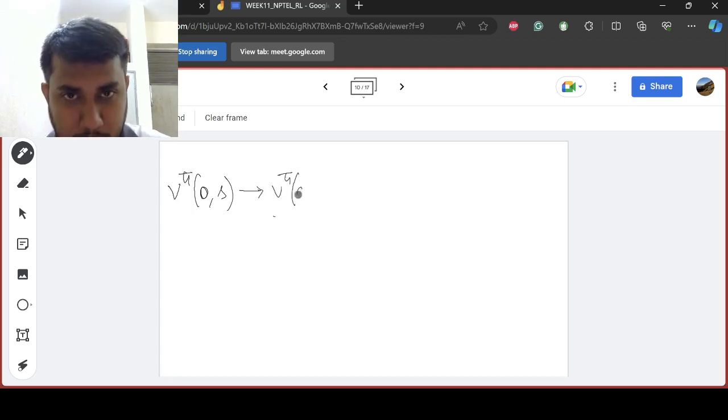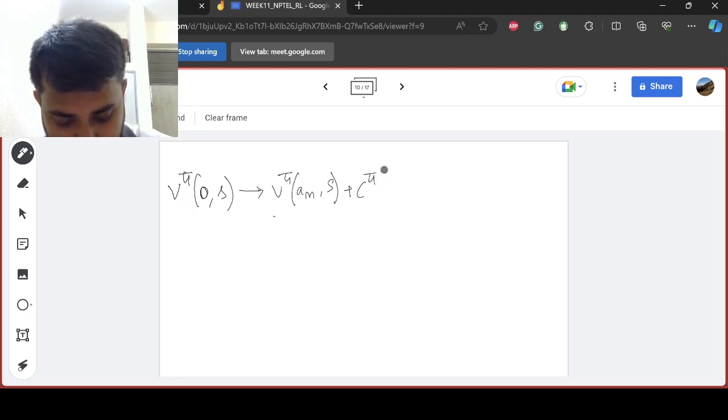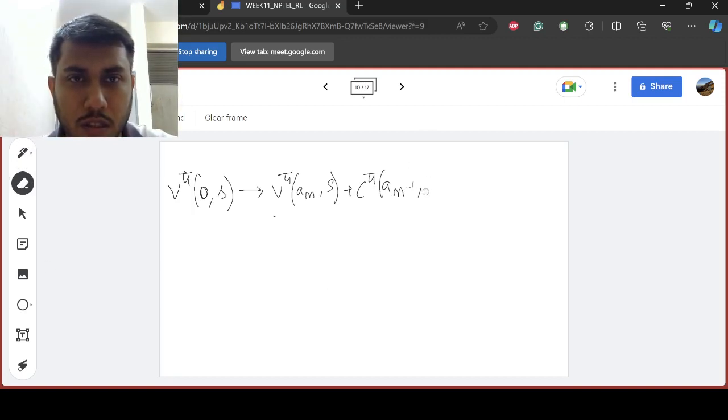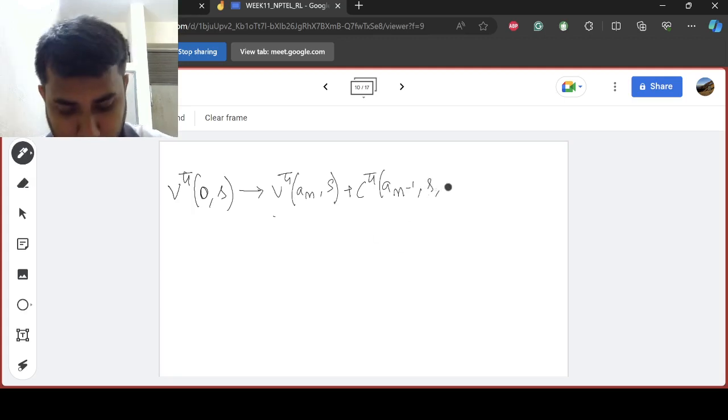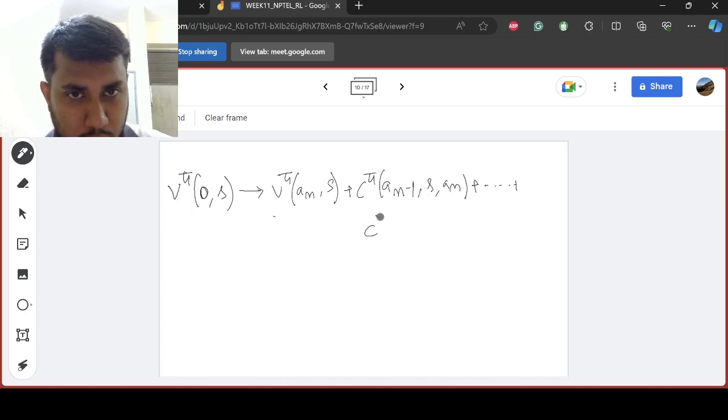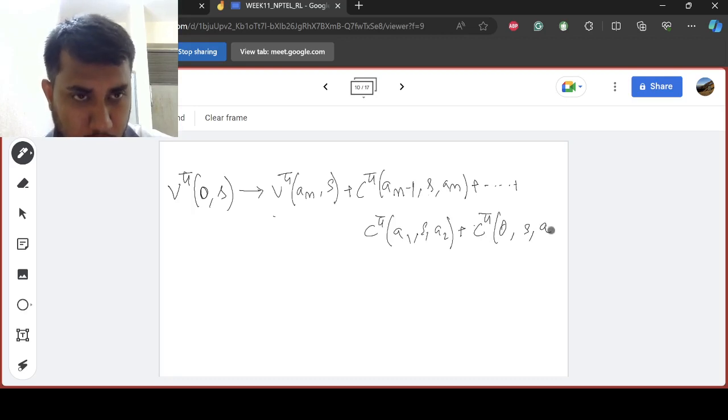V pi of a_n, s, plus C pi of a_{n-1}, s, a_n, plus dot dot dot plus V pi of a_1, s, plus C pi of M0, s, a_1,